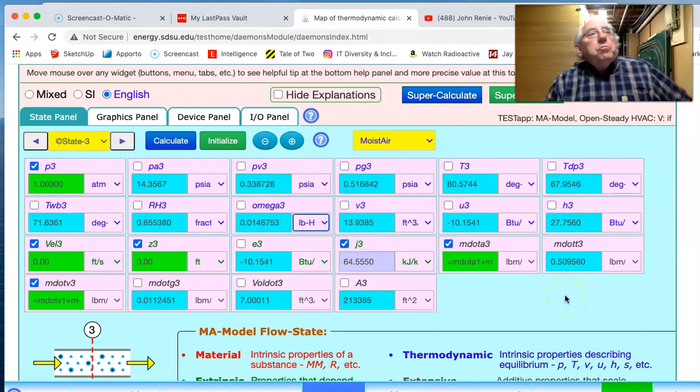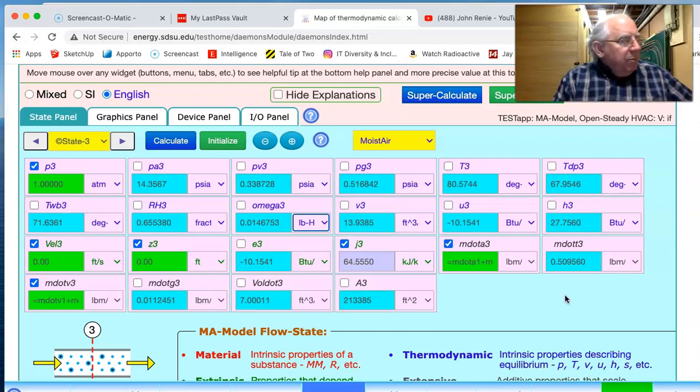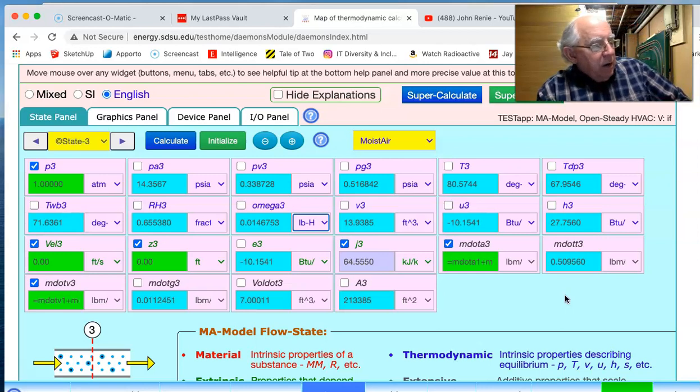And so that is the humidity ratio associated with the mixed condition. So that is the answer to the problem, or the problem number 3, the first part of the air conditioning